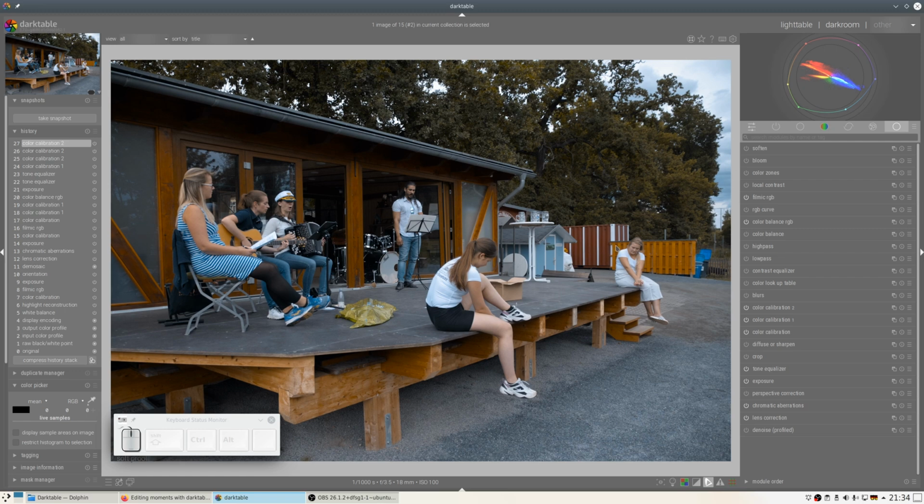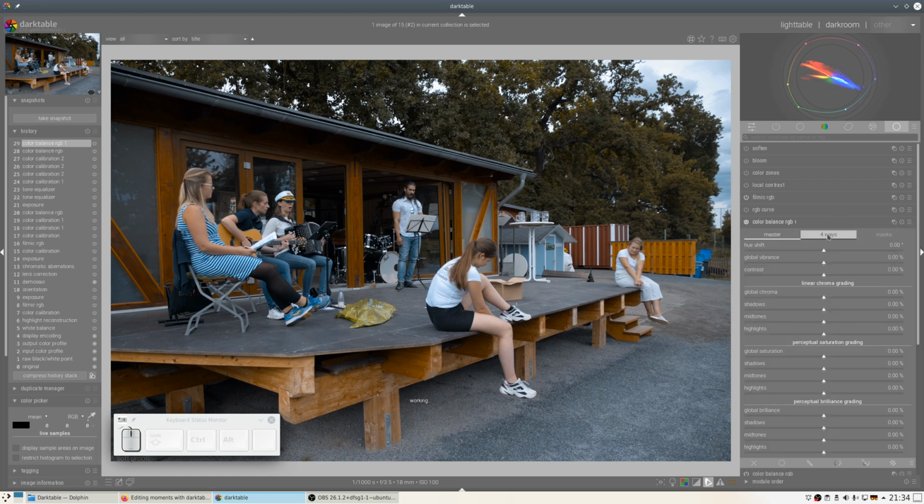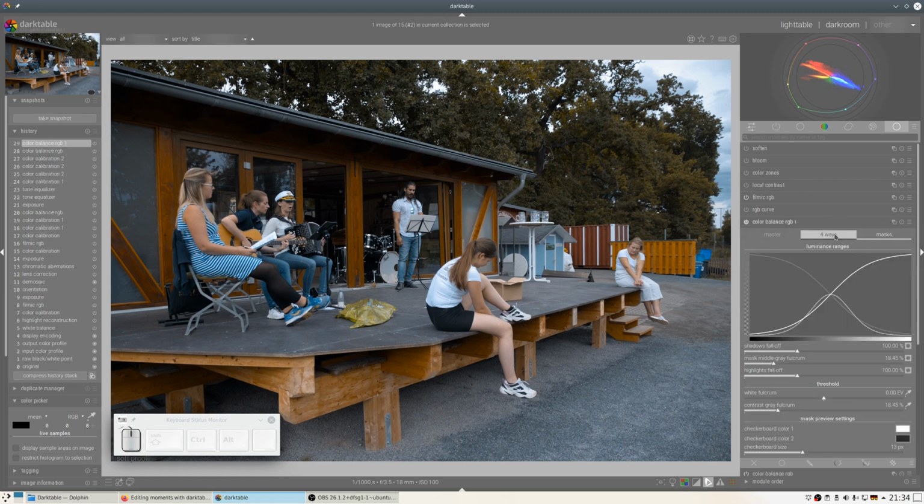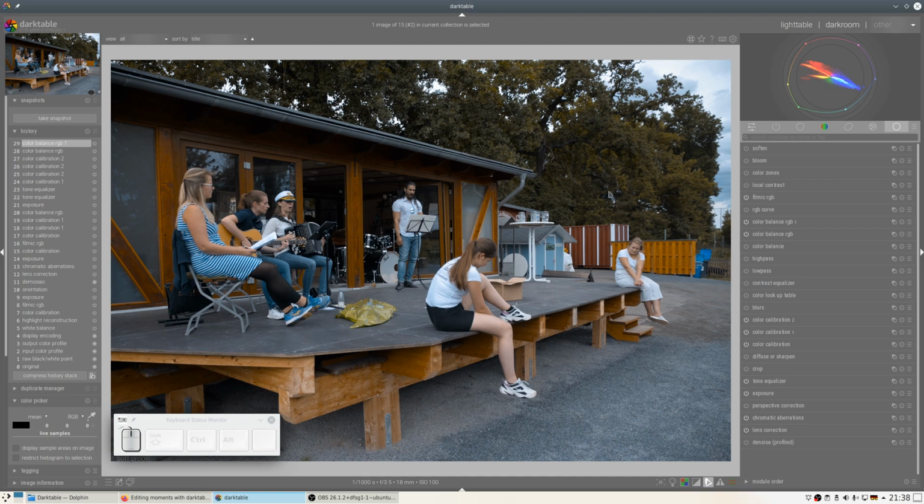Now, let's see what will be the next module, what we'll need to address, and that will be color balance, four-way, step, and masks. And we will do that in the next episode